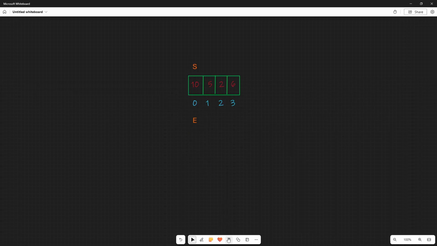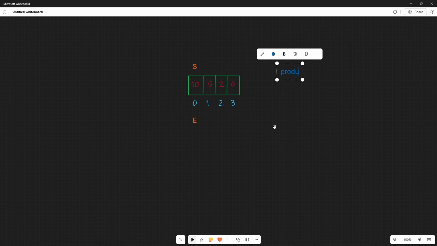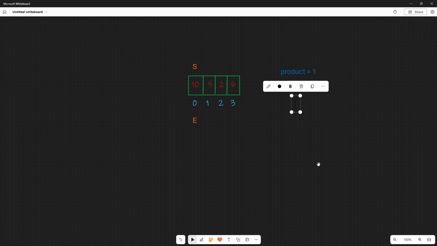And then we also figured out that the product could be held by an integer. So we'll create an integer called product. We're going to have to start that at 1, because if we start at 0 and multiply 0 by some number, it's going to be 0. So we'll start at 1, and when we multiply it by 10, we'll see that the product is less than our k, and so that would be good. So the scenarios in which it is good is when product is less than k,